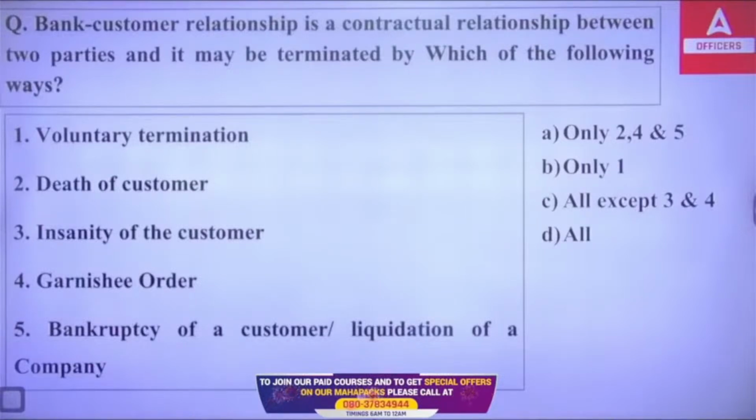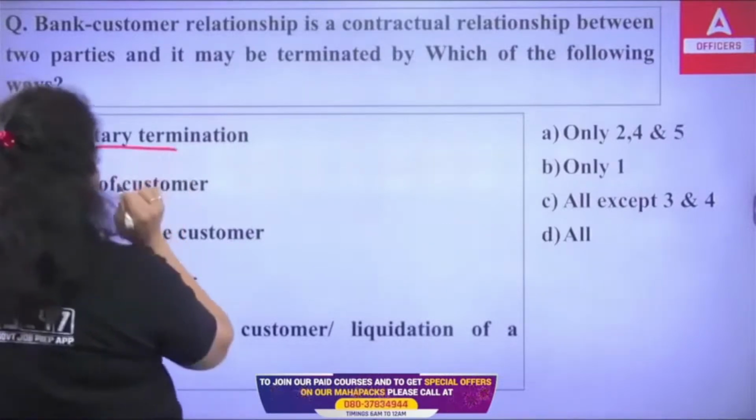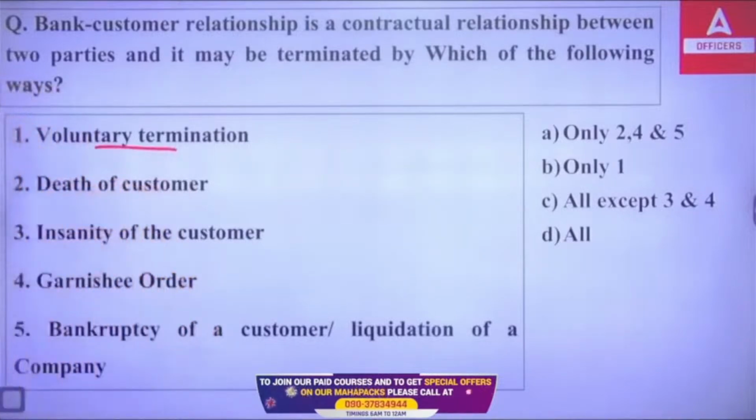So when it comes to the termination condition, the first one is definitely right. The voluntary termination is allowed. Like when a customer gives a written request to the bank that I want to close my account, I want to close the relation, then it will be done. So on the basis of voluntary termination, it is allowed. Now, apart from that, the second way is